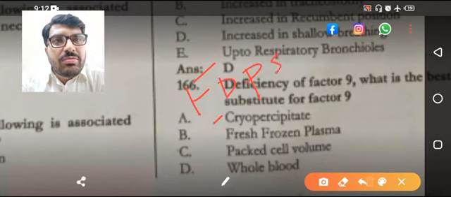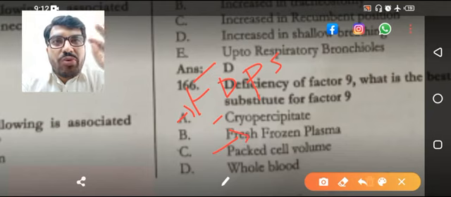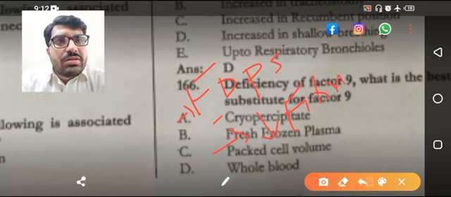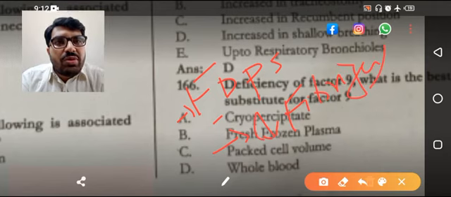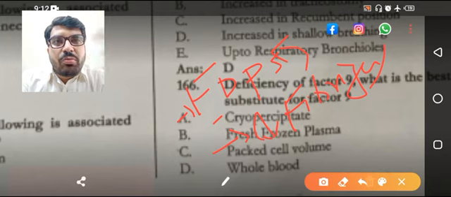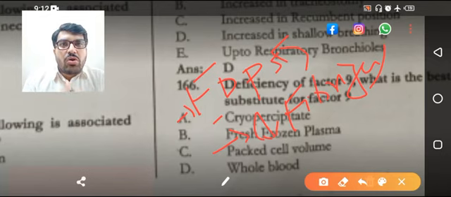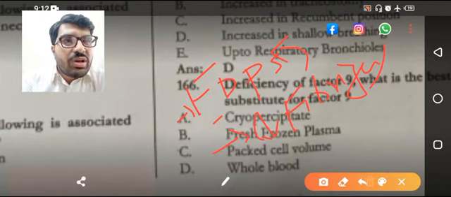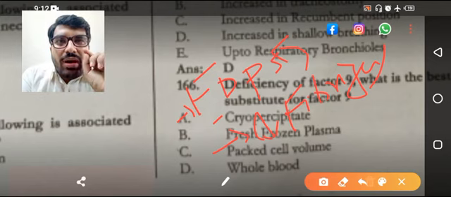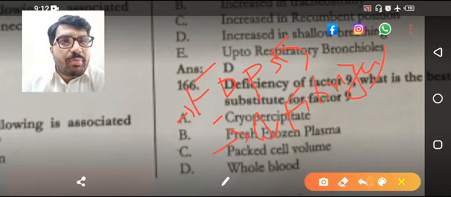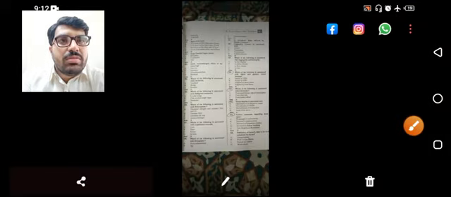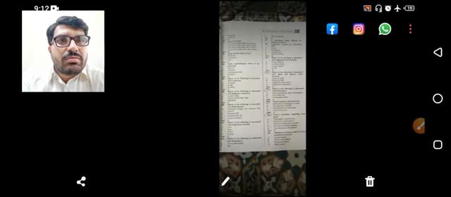Which of the following determines severity of DIC? The answer is decreased fibrinogen. Because normally when fibrinogen is being destroyed, the liver produces more, but when the stage reaches severe DIC, there is no more production of fibrinogen, so decreased fibrinogen. There is another MCQ. Blood viscosity is determined mainly by fibrinogen. The reference is Ganong. So coming next,